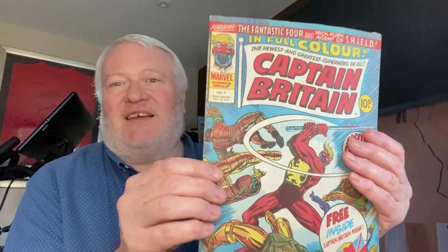This is a comic that did have a free item with it when it first came out, and I haven't got the free item. If I had got the free item, this would be a $500 comic, maybe more. And it is Captain Britain numero uno. This is the first appearance of Captain Britain. Marvel launched this character in the Marvel UK comic. This was very rare, and it's in pretty reasonable condition, and also rare for these